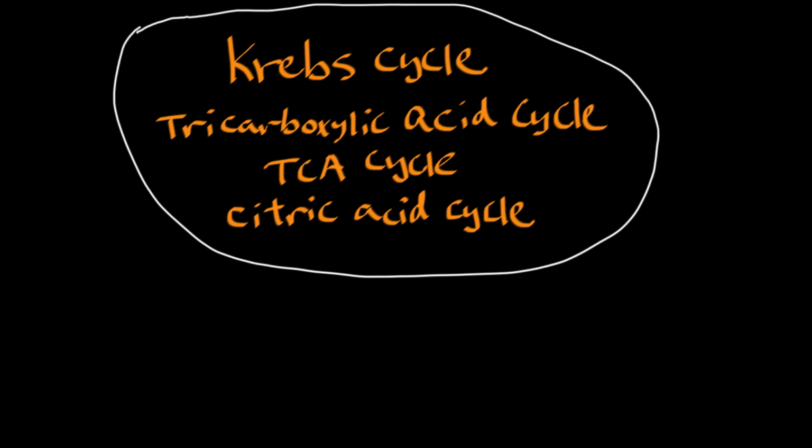This video is going to be a general overview for the Krebs cycle. Now there might be a couple of different names that you hear. You might also hear tricarboxylic acid cycle, TCA cycle, or the citric acid cycle, but just know that these are all referring to the same thing. Now there are 8 steps in this cycle, and in the first step we have acetyl-CoA,